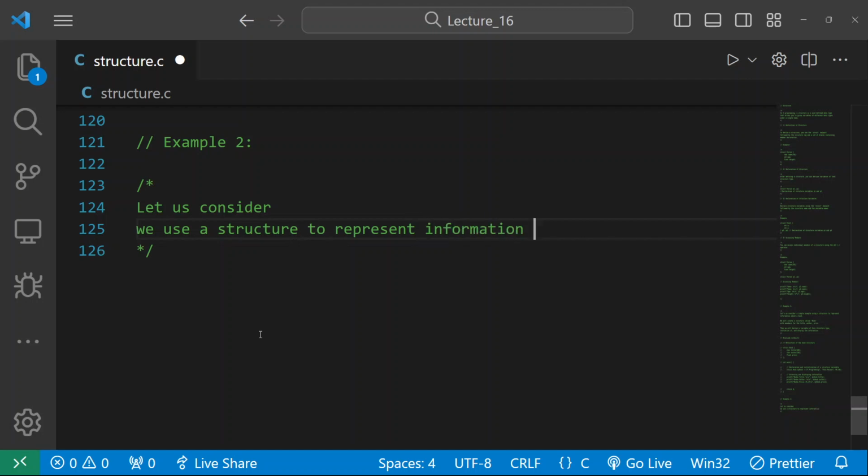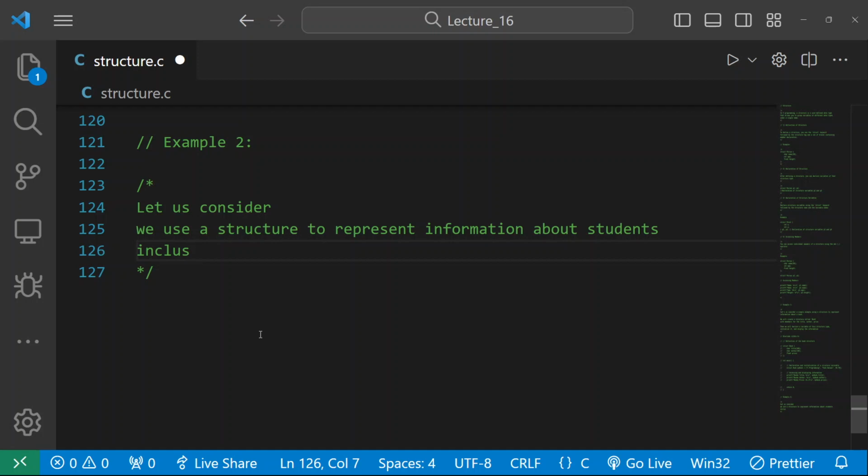One thing is clear to all: we use the structure to represent information about something. Here we will be seeing the information of students. Let us consider we use a structure to represent the information about students,